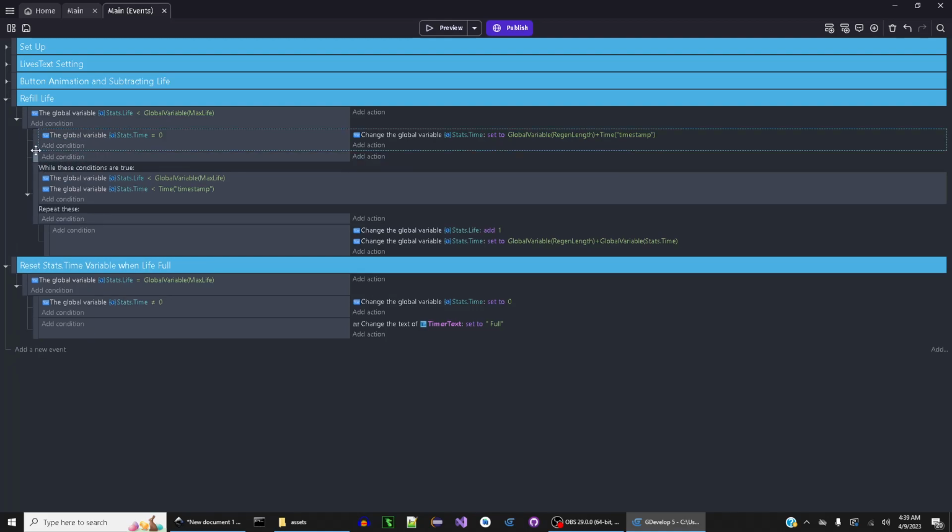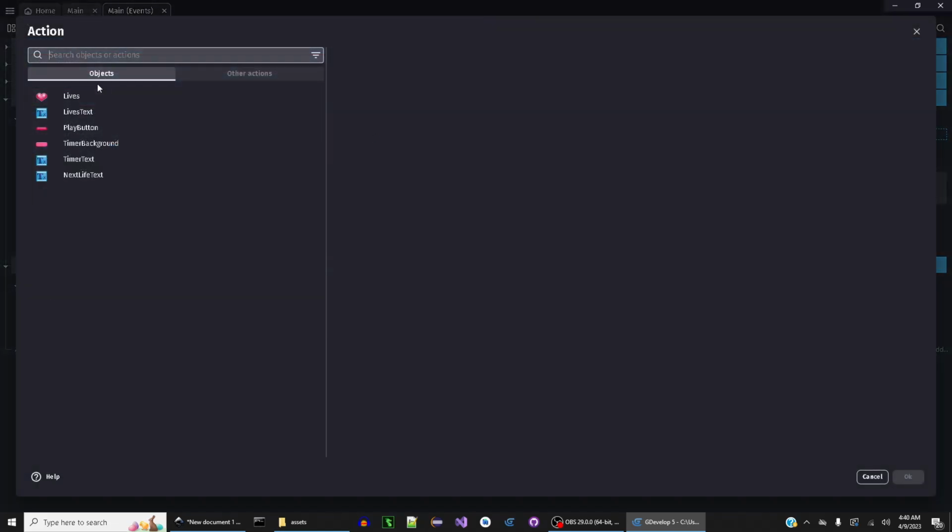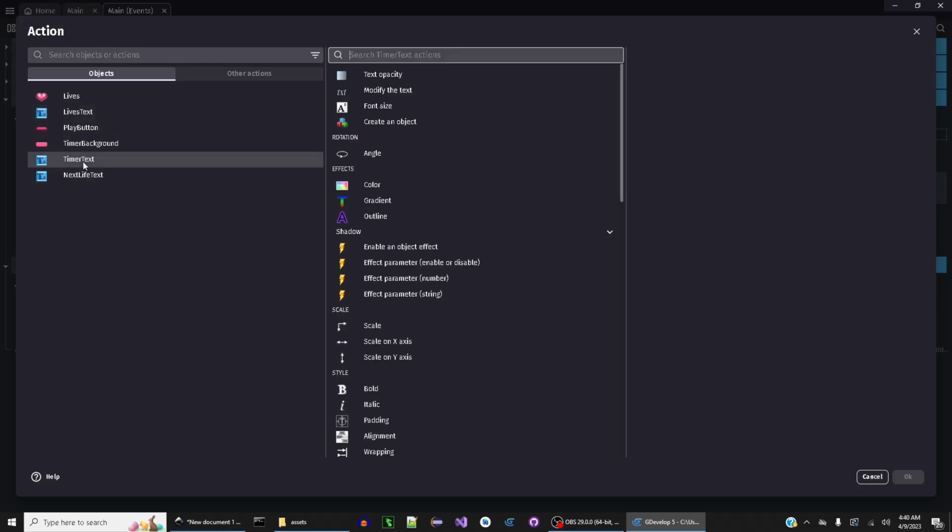I'm just going to add an event. And for this event, we're going to modify the text first. So let's come into action. And we're going to hit our TimerText,